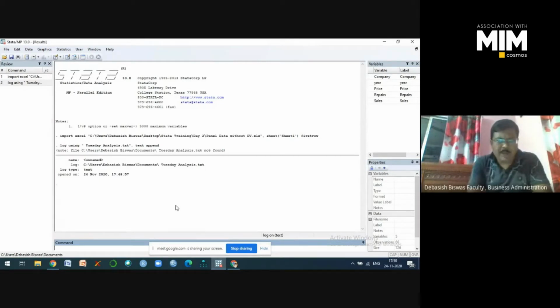Now you can start your operation. And after completing your operation, obviously you have to close your log file. Then the particular command is log close. That I will show you. So first I'm giving one particular command. Suppose I'm giving a particular command. The name of the command is